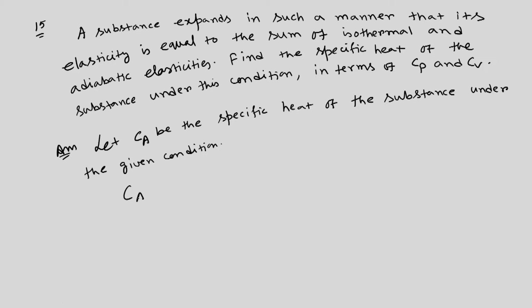So, Ca is T times del S by del T at constant A. So, we can write Ca equals T times del S by del P